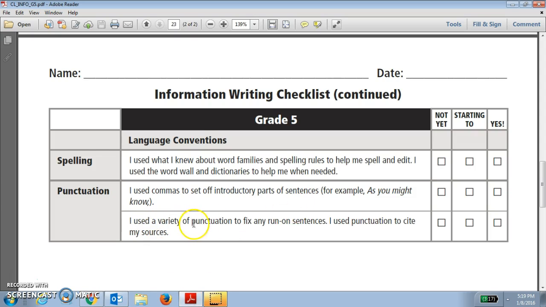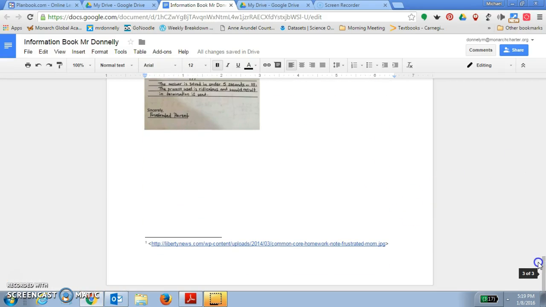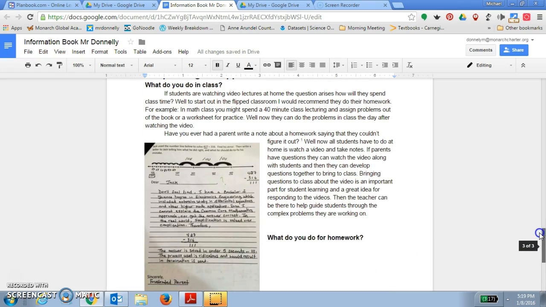So punctuation: I use a variety of punctuation to fix run-on sentences. I use punctuation to cite my sources. So in this case, I do have my source cited because I used the research tool. So my source is cited right down there. And then I remember I was debating about this sentence, so I might ask someone for help and